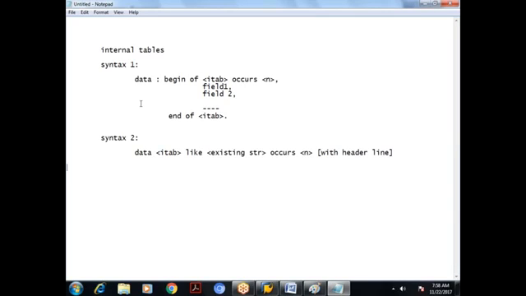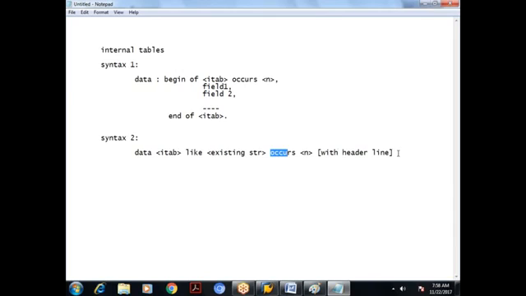In both the syntaxes we are using the OCCURS keyword. Already we have discussed that the OCCURS keyword does static allocation of memory. If the memory is not utilized, there is a possibility of memory wastage. So because of this reason, it is recommended not to declare the internal tables by using the OCCURS addition.